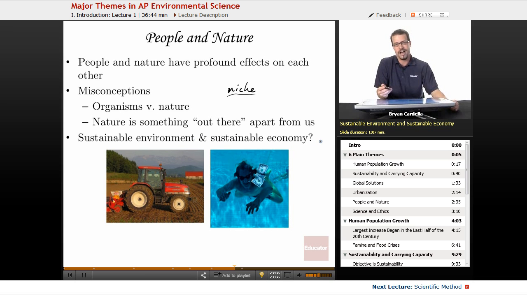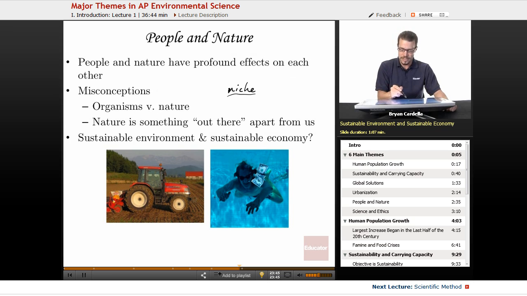Sustainable environment and sustainable economy, we'll see if we can do it. I hope that we can sustain the environment and make it so that people are also able to profit off of that. And I don't mean profit as in making billions and billions of dollars. I mean profit to sustain an everyday person's life. There may be some growing pains, like I suggested earlier, with making transitions away from exclusively using fossil fuels and going to more renewable resources. I hope that in the next few decades the sustainable economy is a reality, that we can make it work.